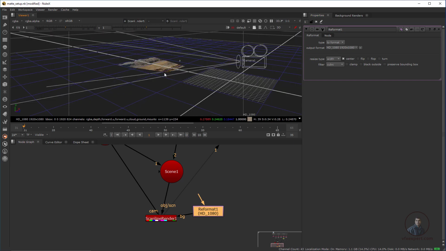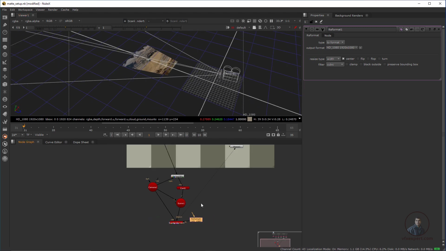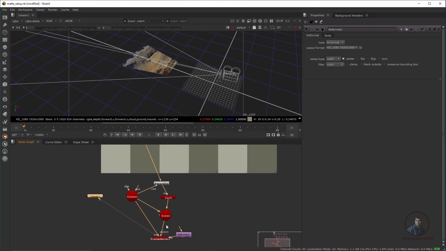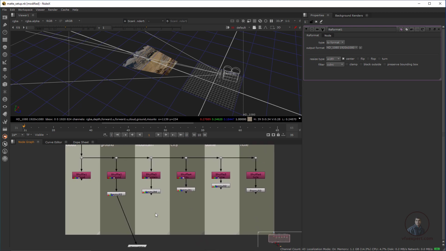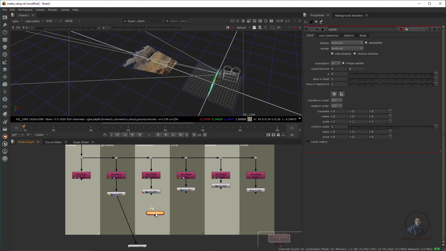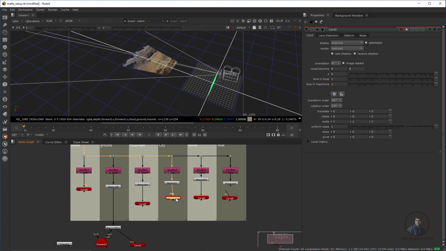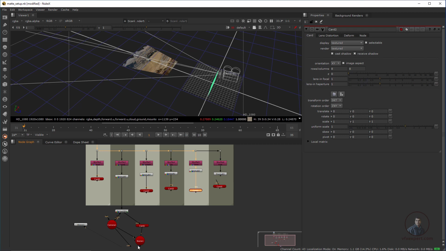Now press tab again. Now you are inside our projection. Finally we have to place these images onto this scene with a simple card. So take a Card here, press tab, connect it here, Ctrl+C, Ctrl+V, Ctrl+V, Ctrl+V for all the remaining images. Take the output from here and connect it into this scene. Remember, into this scene we have to connect all the cards.